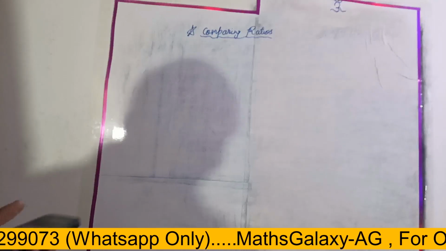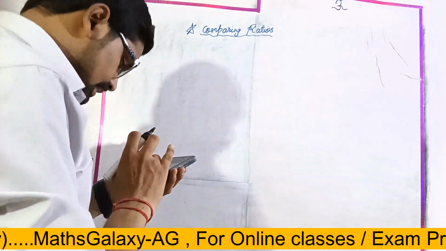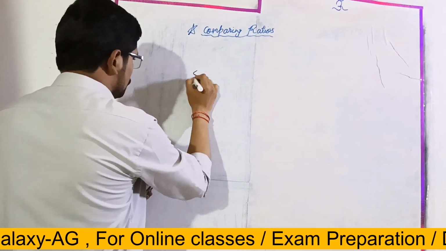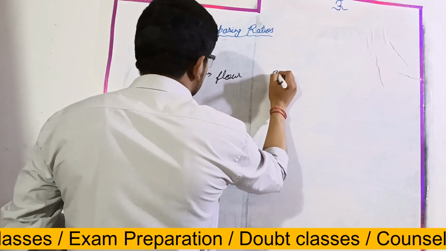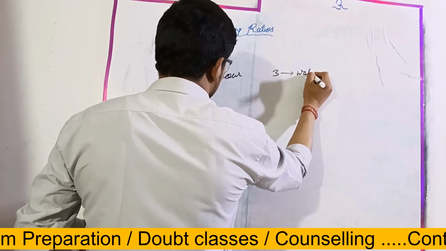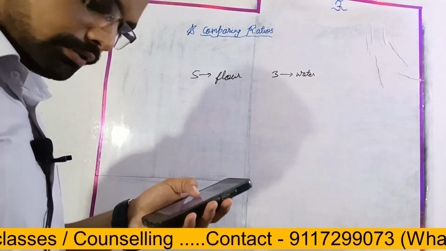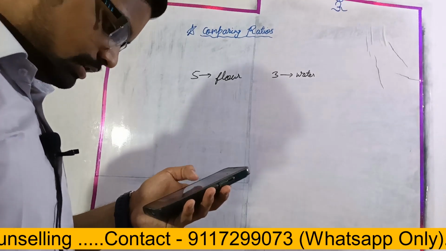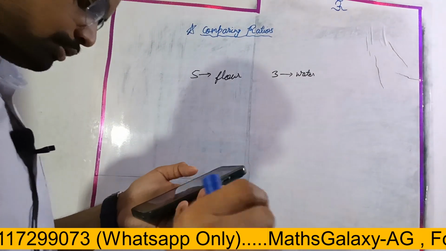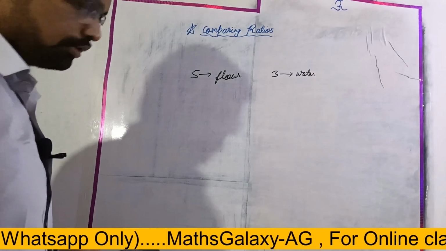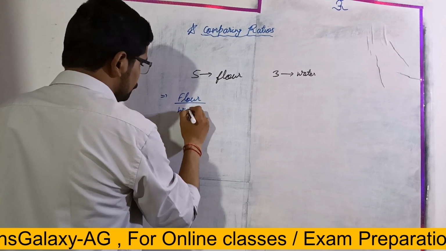Okay, now let's see here, Zainab. To make one portion of dough, Sunny uses 5 cups of flour with every 3 cups of water. Okay. The first question is, find the ratio of the amount of flour used to the amount of water used to make one portion of dough, है ना? So what will it be? 5:3. Yeah, flour by water, है ना?